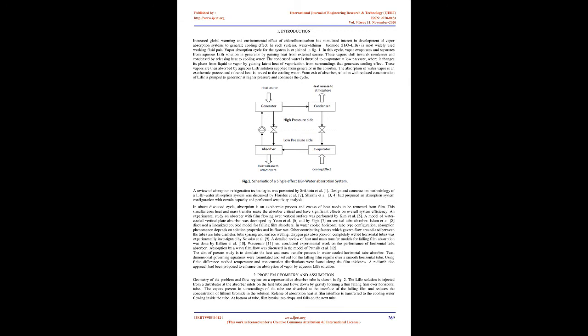The condensed water is throttled to the evaporator at low pressure, where it changes its phase from liquid to vapor by gaining latent heat of vaporization from surroundings, which generates the cooling effect. These vapors are then absorbed by aqueous LiBr solution supplied from the generator in the absorber. The absorption of water vapor is an exothermic process and the released heat is passed to the cooling water. From the exit of the absorber, solution with reduced concentration of LiBr is pumped to the generator at higher pressure and continues the